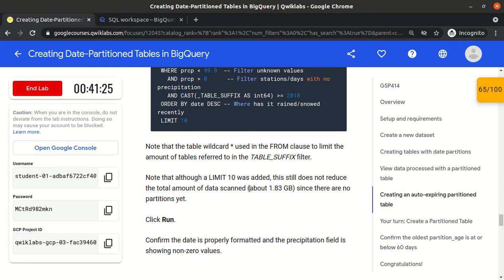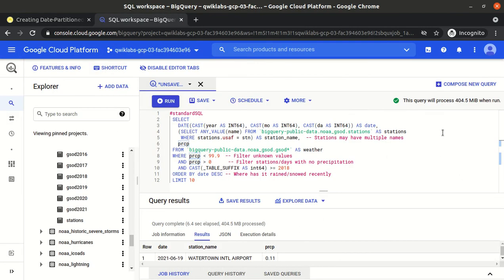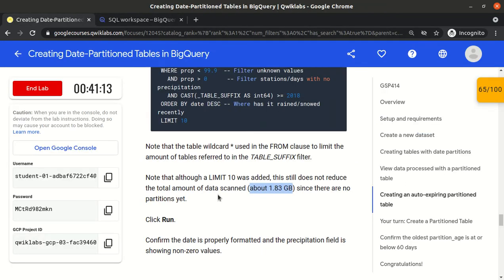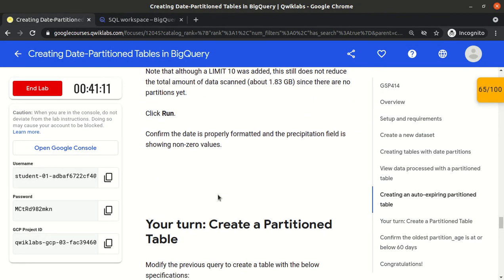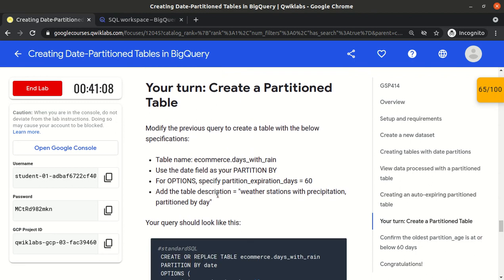They say it scanned about 1.83 GB of data, but we see here only 404 MB of data. Okay, now we need to create a partition table. We will create a partition table in our e-commerce dataset with the name days with rain.